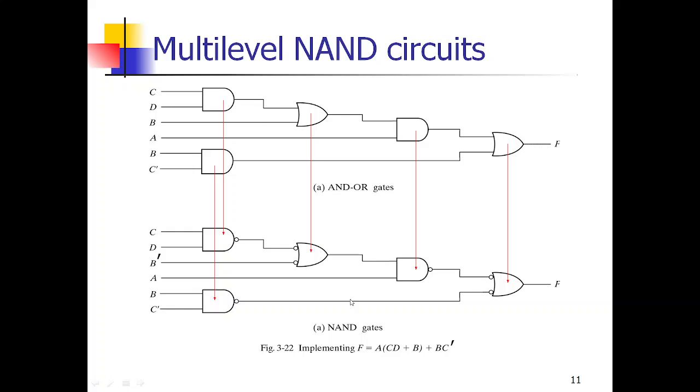So in the next step also we can have another step. So we can use the NAND diagrams here. So actually this inverter symbol is equivalent to a NAND gate. So in the next step we can make this invert OR a NAND gate. So this invert OR also can be considered as a NAND gate, so that the whole circuit is implemented with NAND gates only. So this is the implementation of NAND gates.